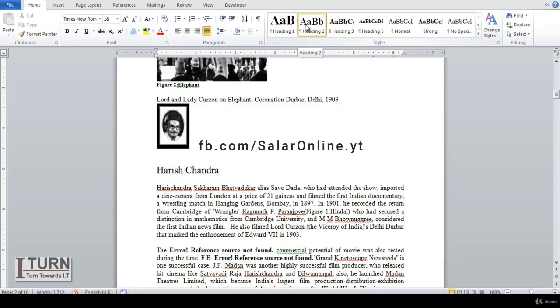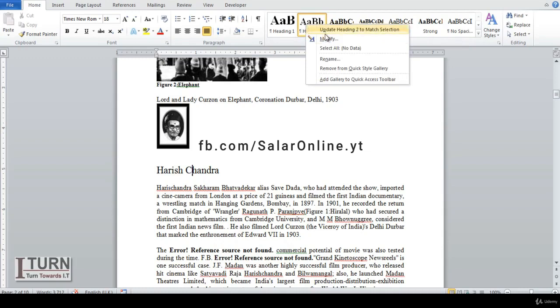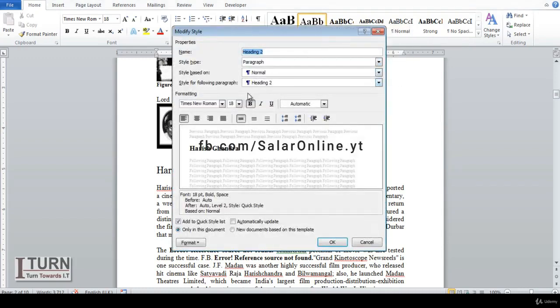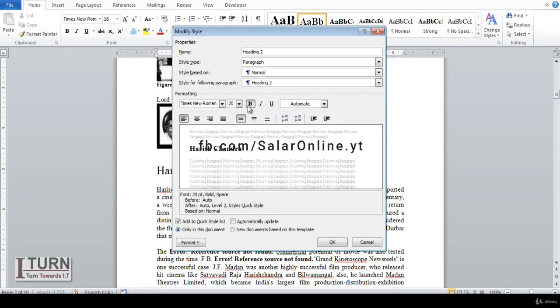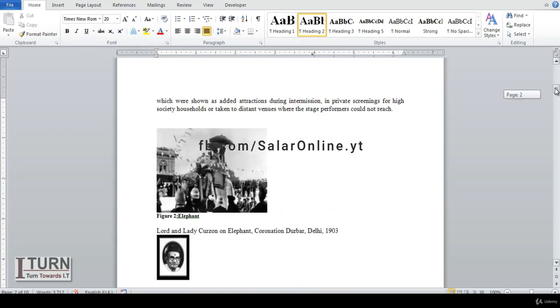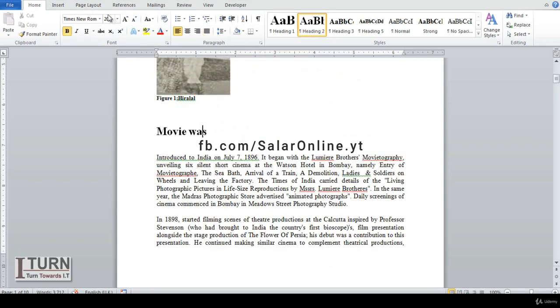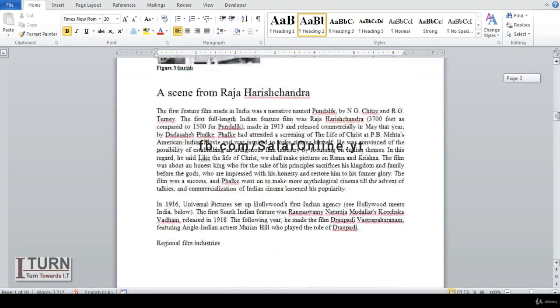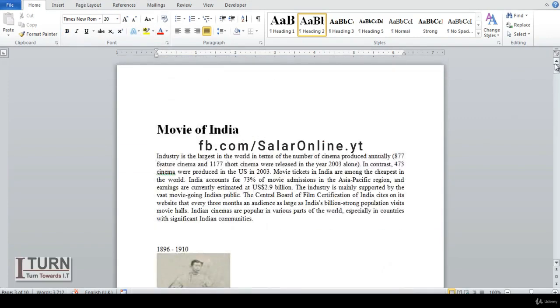So I'm clicking on this heading 2 over here, right click, go to Modify, and here I'm increasing the font size to 20, making it bold. You can change the font style as well. I'm not doing this. I'm clicking on OK. Now my cursor is over here and you can see it's 20. It's 20. Okay, so this is how you can modify if you have set heading patterns in the document,